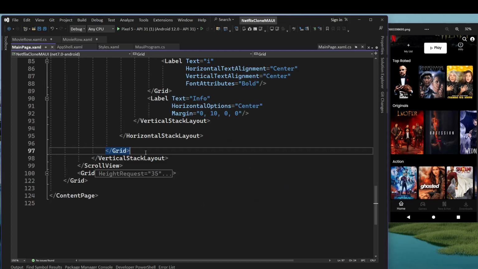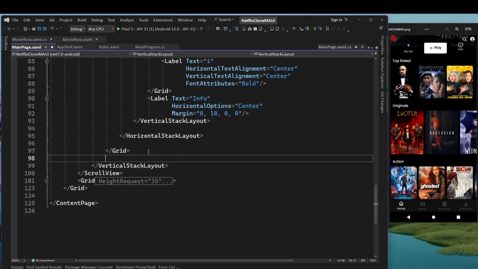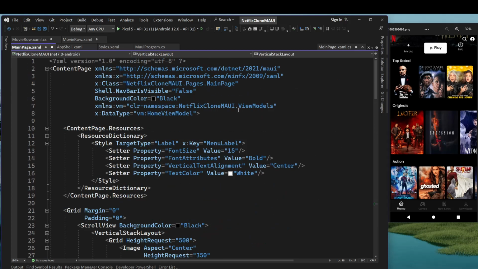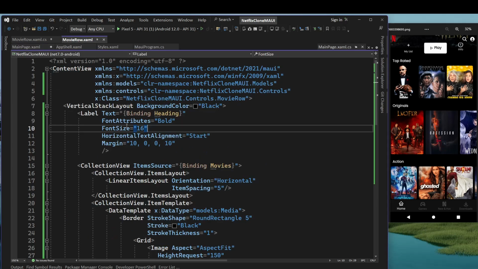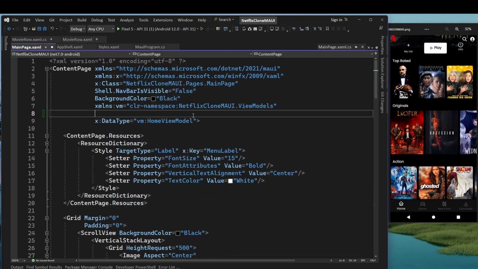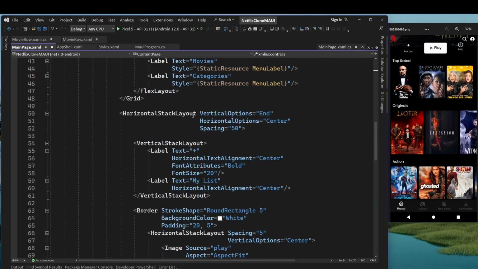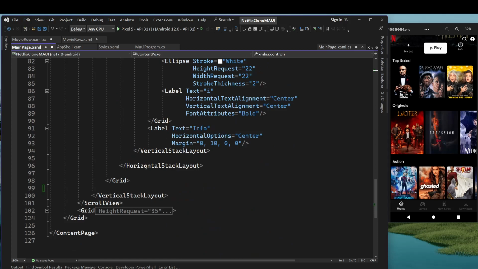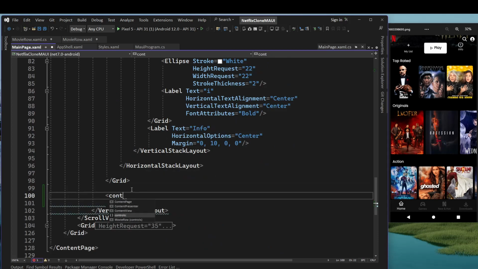Okay, and after this grid, let's have those controls here. So before that, let me add the namespace for controls so that I can copy it from here. Now we'll have it here. So controls, MovieRow,